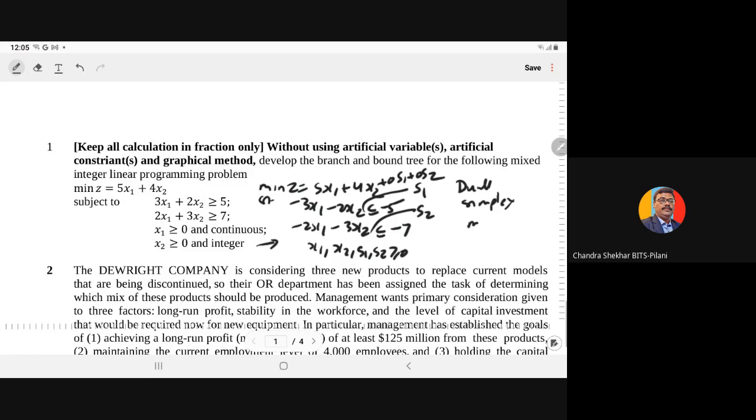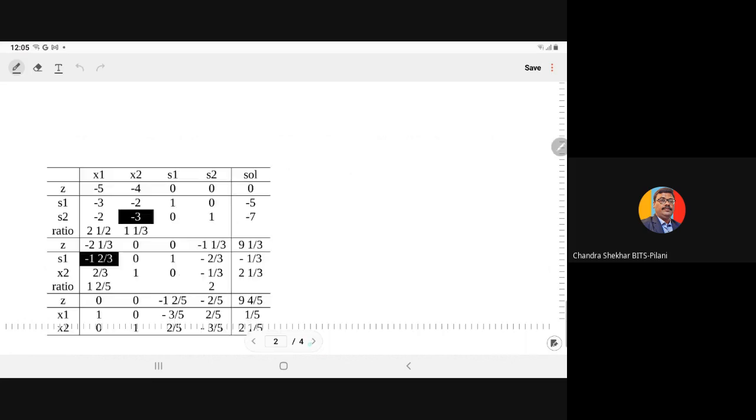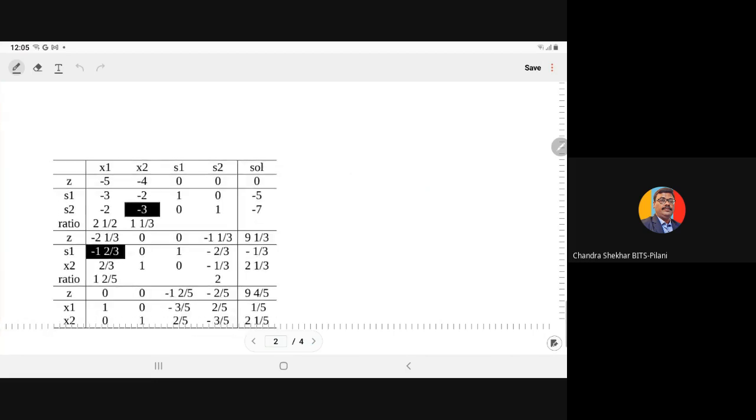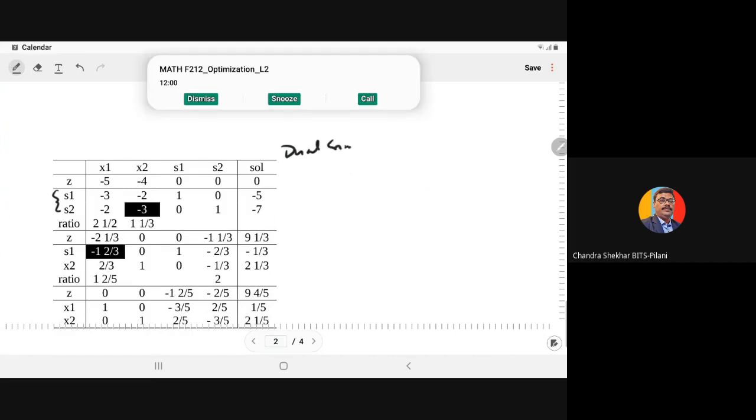With the dual simplex method, or by any method, whether the simplex method, big M method, two-phase method, dual simplex method, revised simplex method, or generalized simplex method, by any means we can compute the table. So in the starting table, we have S1, S2 as the starting basic variables. So from here we will see which one will be the leaving variable, because we are applying the dual simplex method. In the dual simplex method, first we decide the